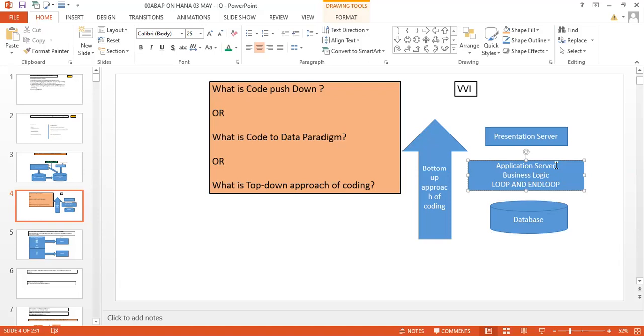So SAP started telling us to do maximum code at the database level, and that's where the maximum technique evolves around the code push down. And what are those techniques? What are the various techniques for the code push down? Who will tell? Right here in the chat box, what are the various techniques after NetWeaver 7.40 was introduced by SAP in order to achieve the code push down or code to data paradigm or top down approach of coding? What are those techniques? Right here in the chat box,